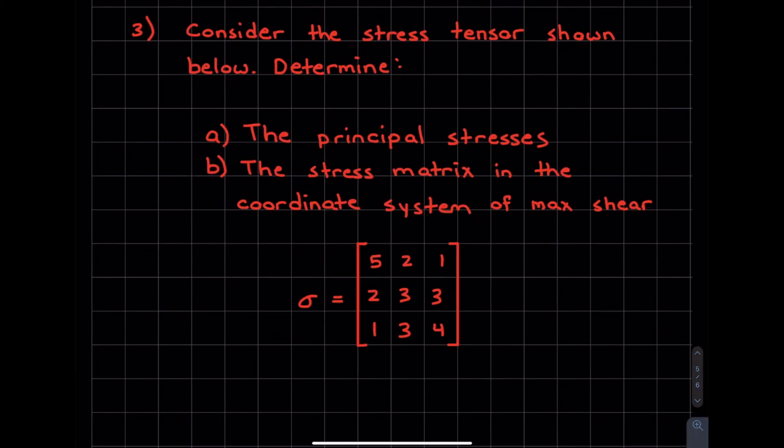So let's look at question number 3, where it says, consider the stress tensors shown below. And it wants us to determine two simple things. The first one is the principal stresses, and the second one is the stress matrix in the coordinate system of maximum shear. So that's going to be the hard one, part B. But before we get into B, let's look at part A, and it simply just wants the principal